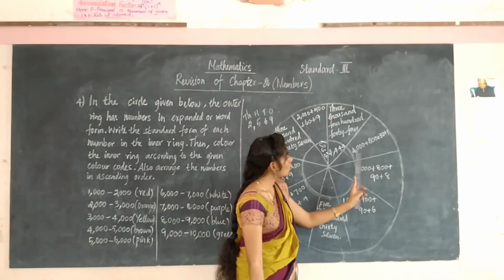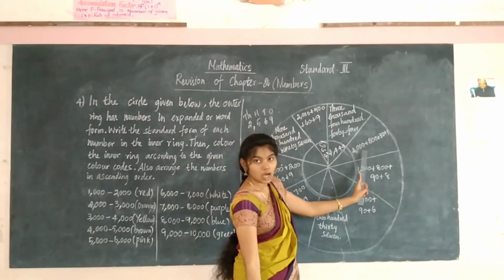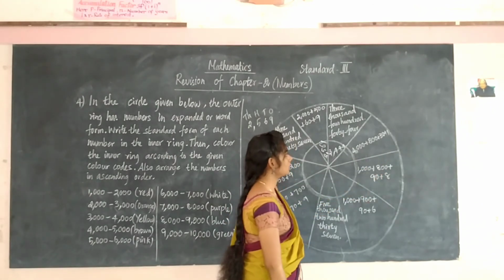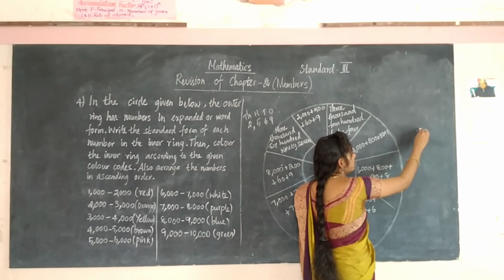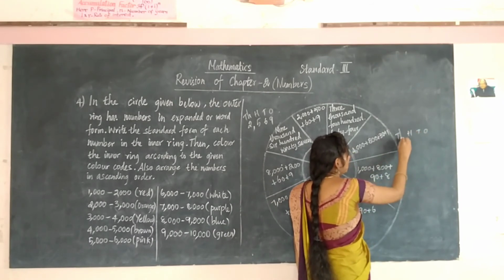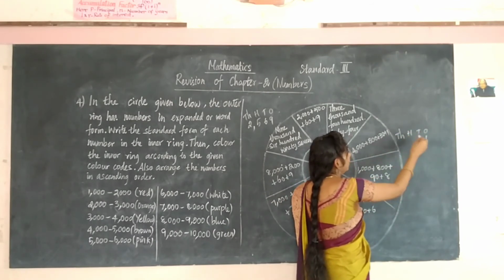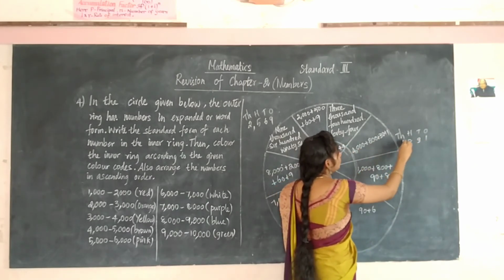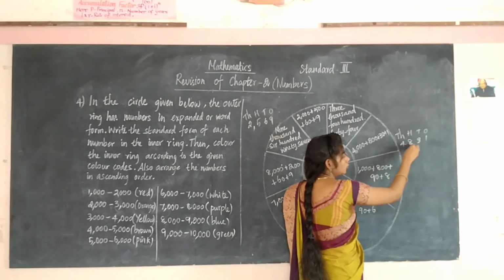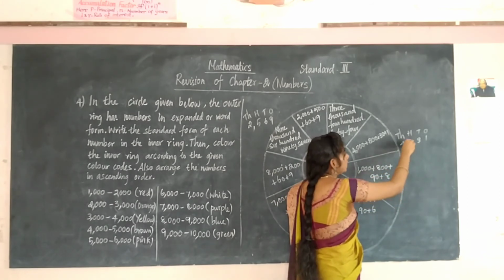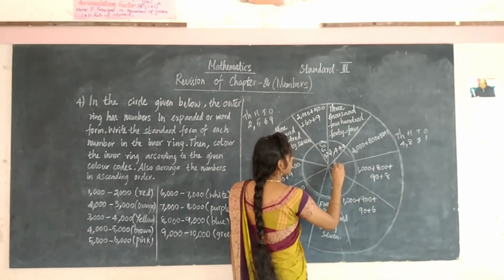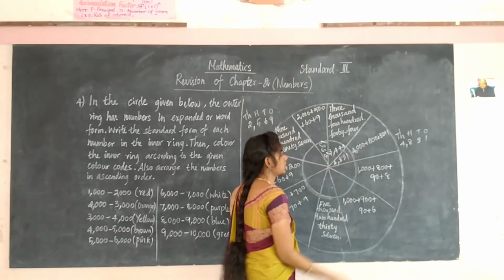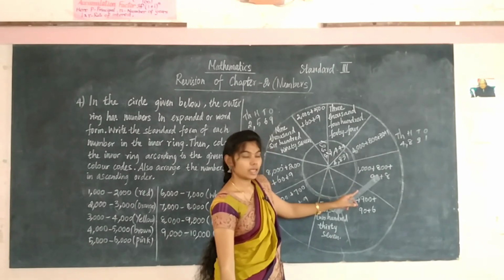Then see this. What is given? 4000, which is in the thousands place. Then the hundreds place, tens place and the ones place are given. First write the place values: ones, tens, hundreds and thousands. What is in the ones place? 1. In the tens place 3. In the hundreds place 8. Then in the thousands place is 4. Then give the commas in between hundreds and thousands. So write the answer as 4831 as the answer.